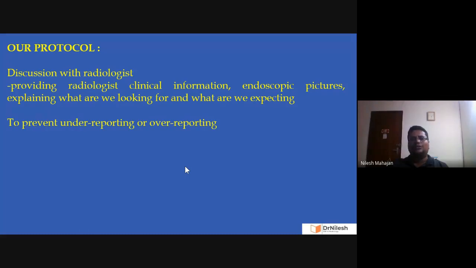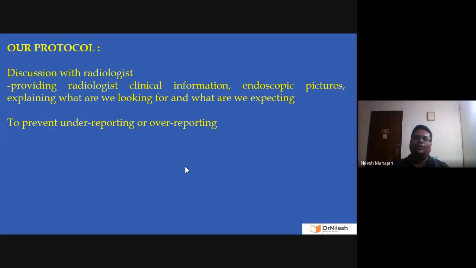So it's our responsibility: if you are suspecting something specifically, don't just write HRCT temporal bone and send it to your radiologist colleague. He should know why you are sending the patient to him. If you don't provide any information, he will do the scan, see everything is normal, and report it normal. But that case was of otosclerosis. If you had told your radiologist colleague that you suspect otosclerosis, he would have made even thinner cuts and focused more on the fissula ante fenestram site, so he would not have missed the otosclerosis.